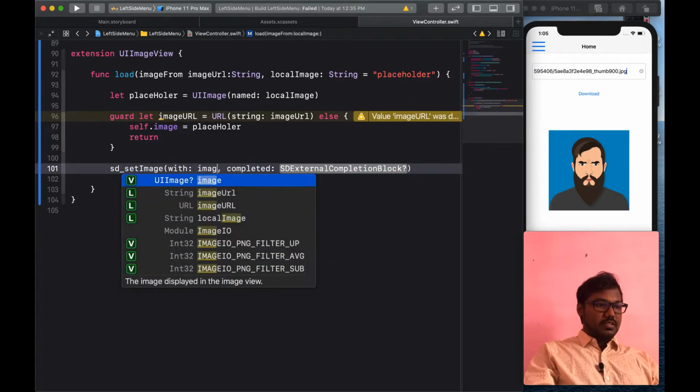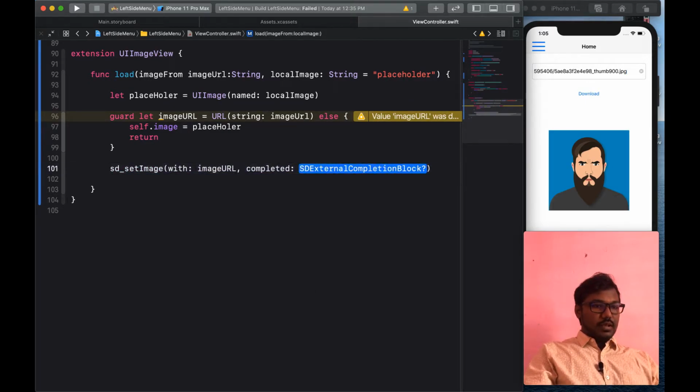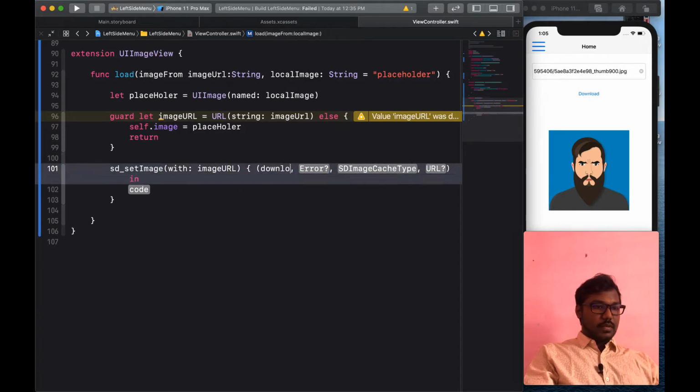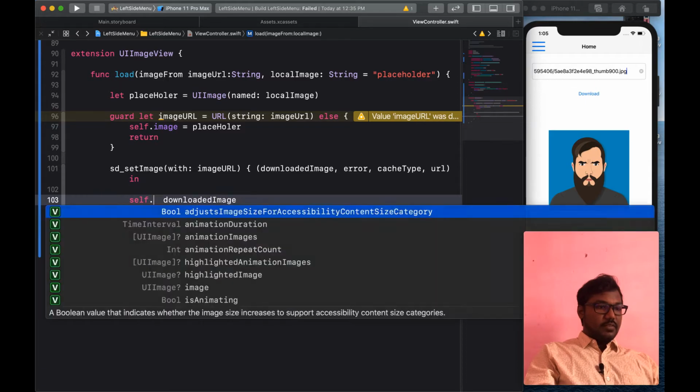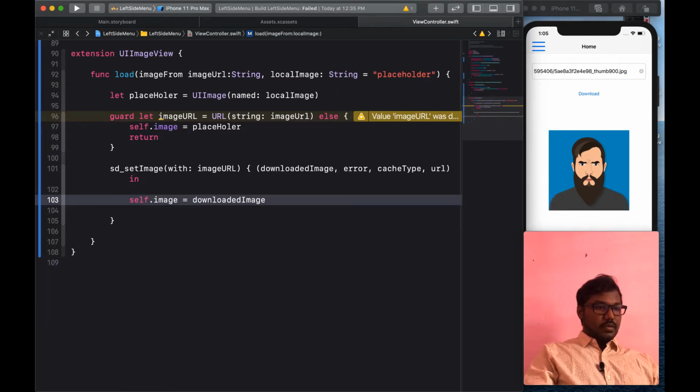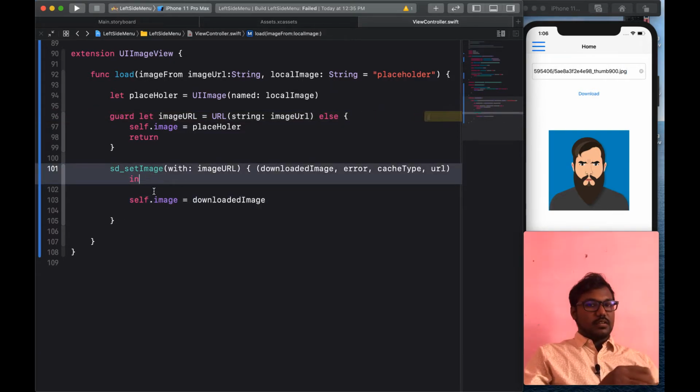For the URL, we pass the image URL, and in the completion handler we can get the downloaded image, an error, as well as a cache type and the URL. Here we are going to use only the downloaded image, and we set self.image equal to the downloaded image. That is how we download the image from the URL using SDWebImage.